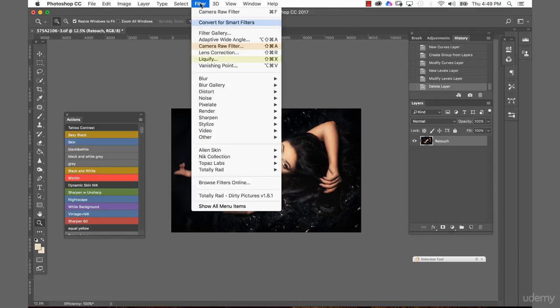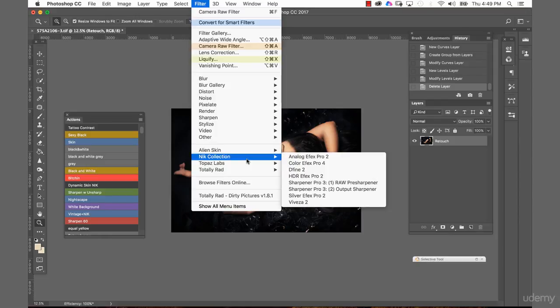And there are, for example, different plugins like Alien Skin or Topaz Labs, or like I said, Totally Red. They probably all have some kind of black and white conversion that might fit your needs. However, as we said before, the Nik collection is now for free. Before, we had to pay for it when it was from Nik itself. Now, since they were acquired by Google, they're for free. Sadly, we won't get any more updates, but